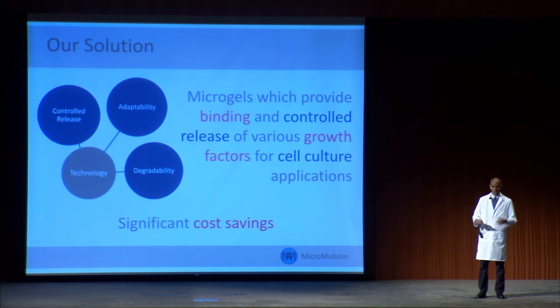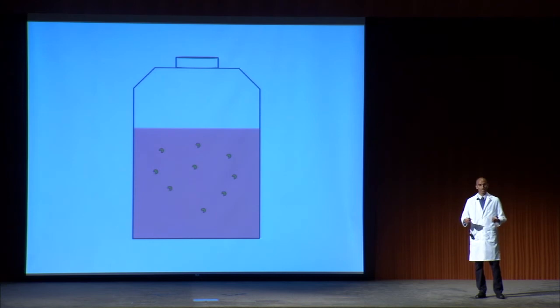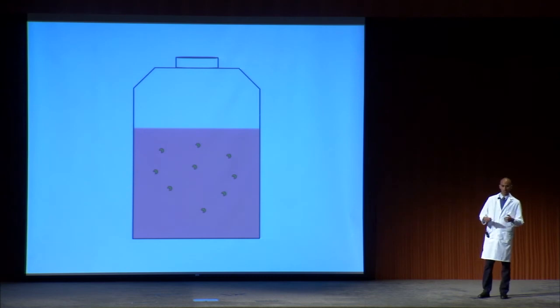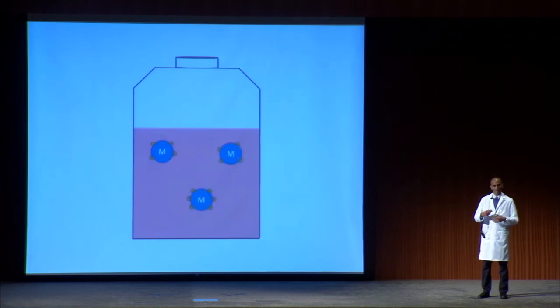We've prepared a couple slides here to illustrate how scientists would actually use our product in cell culture. What we have here is a bottle of cell culture media. And if you remember, cell culture media is an important source of nutrients for cells. The green molecules inside are growth factors. So imagine you're a scientist. You simply add microgels, and the top right image is actually a real picture of the microgels we've created in the lab. You add these microgels, they slowly bind to the growth factors,